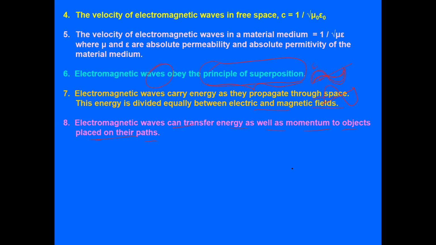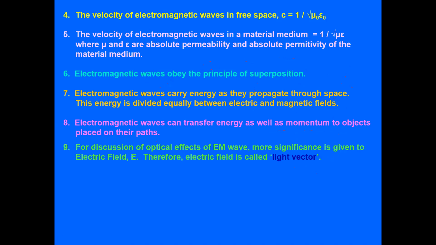Sometimes it is possible that an electromagnetic wave comes and an electron from the orbit gets knocked out of that material. This happens due to the transfer of the momentum to the object. So this kind of phenomenon we will observe in the photoelectric effect or other parts. This is just the idea of what can happen when an electromagnetic wave goes through some medium. It can ionize the medium. So basically these are the properties of electromagnetic waves.